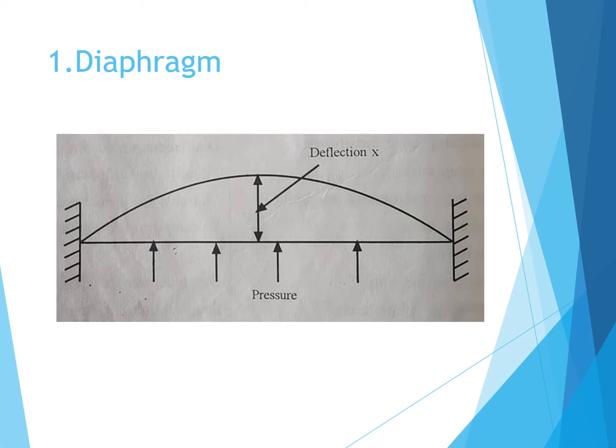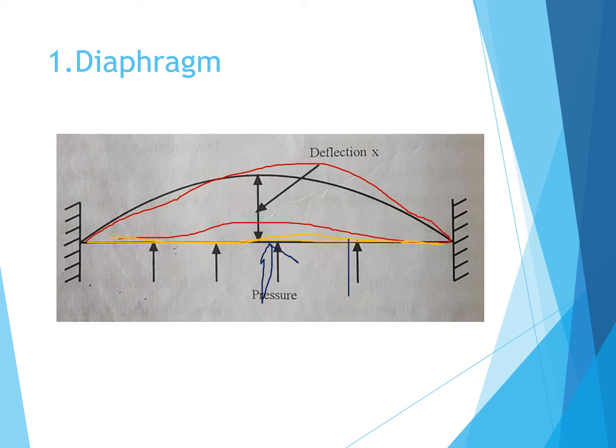The first one is a diaphragm. As it is called a diaphragm, it is an elastic member. So it consists of this elastic member here. This elastic member you can see. This is that elastic member which I am showing with a dark yellow color. So this is that elastic member, and this elastic member is going to be subjected to a force. That is, the force is applied per unit area, which is nothing but pressure.